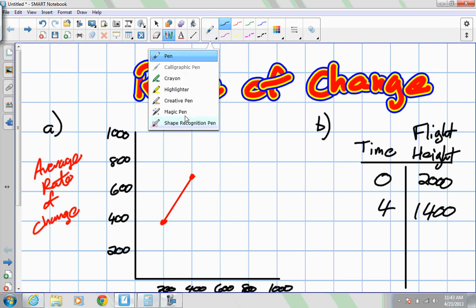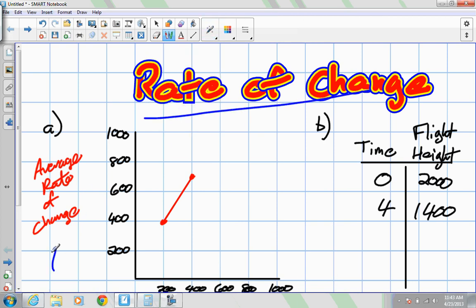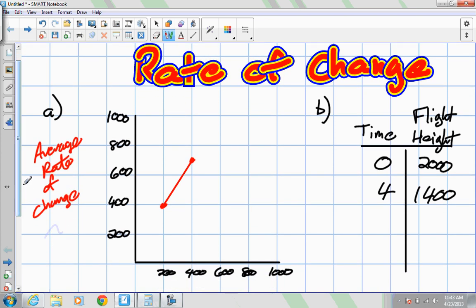Okay, so we're going to go through rate of change, and specifically we're going to start off with average rate of change. In order to calculate rate of change, we usually need at least 2 points on a graph. So our very first example, A. We have 2 coordinates which we're going to write out here so that we can use them to calculate the